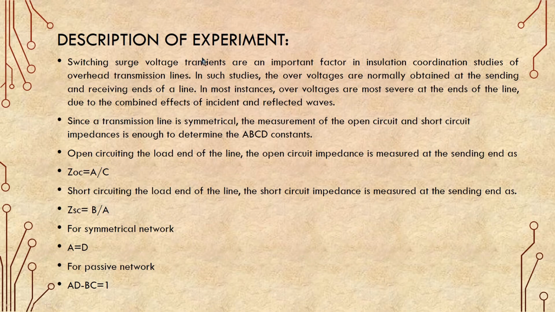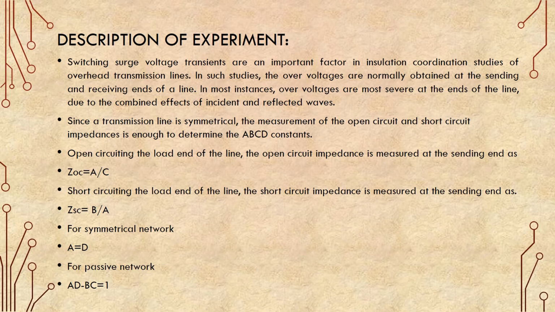In the last slide we studied the voltage changes due to the variation of load, but voltage also changes due to insulation coordination. When any surge comes, like a switching surge or a lightning surge, it travels throughout the transmission line. Due to the high voltage of the surge and its incident and reflected wave, we may experience higher voltage at the receiving end, at the middle of the transmission line, or at any terminal where the insulation changes. There we may experience higher surge voltage, which will be dangerous for our high voltage insulators.